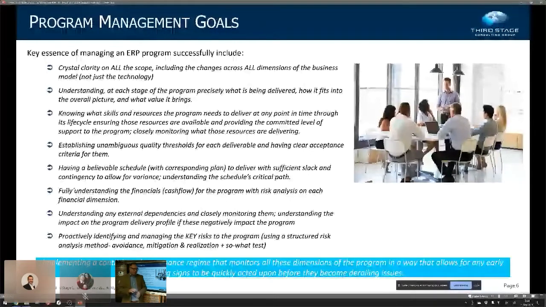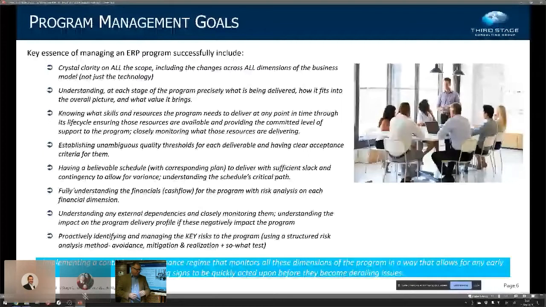And in fact, one of the things that we do recommend is that when any resource is working on the client site, they record in their SI timesheets the deliverable they're working on. Now, SIs hate that, and some of them will say they can't do it. That's a lie. They all can, but they don't want to, because the last thing they want you to be able to do is to see who is delivering what and how much time they're spending on it. They like that fog of confusion.